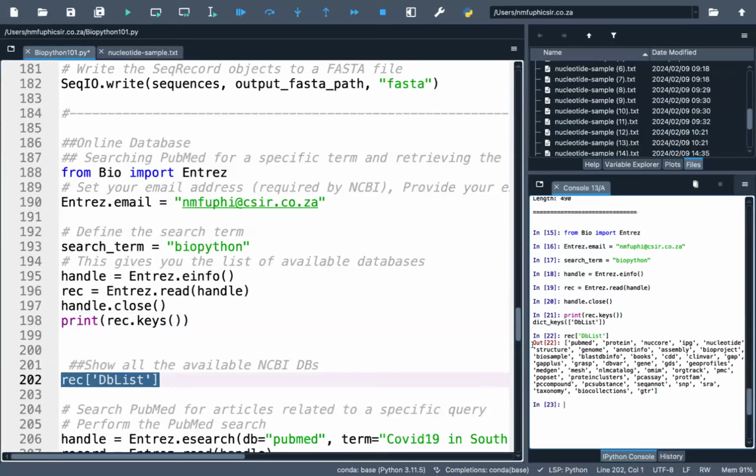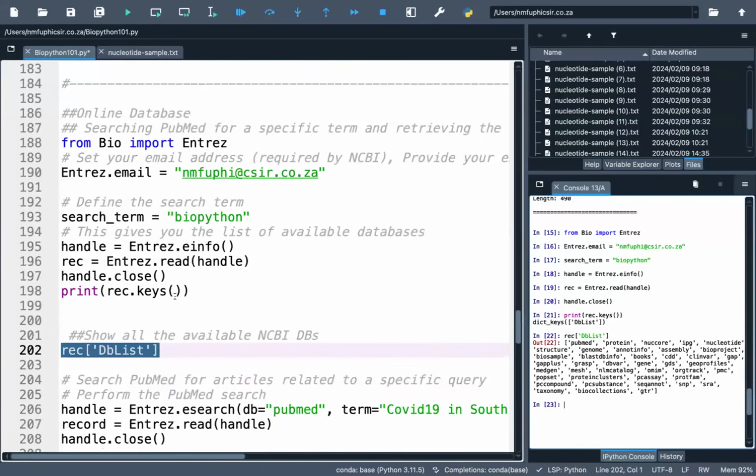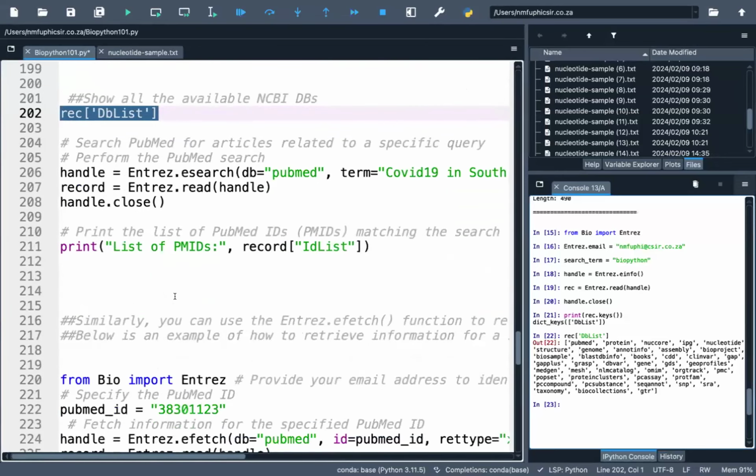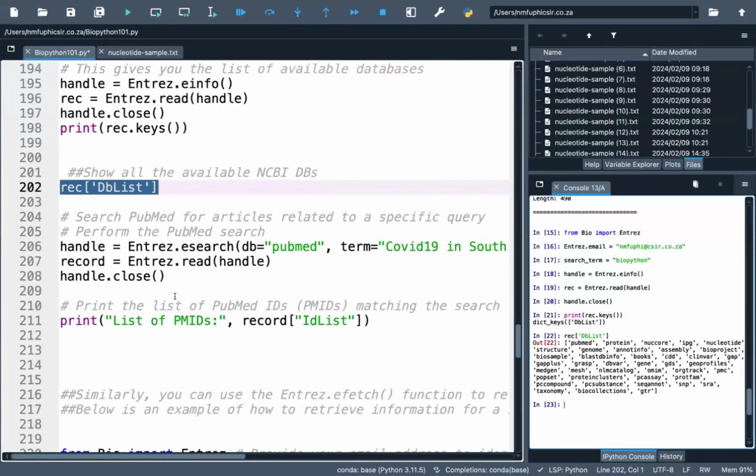So I'm sure you've seen some of these databases. So we have PubMed, Contain, Nucleotide, Structure. So now you know that there is a database called PubMed within the NCBI. So the next thing that you would want to do is go straight to